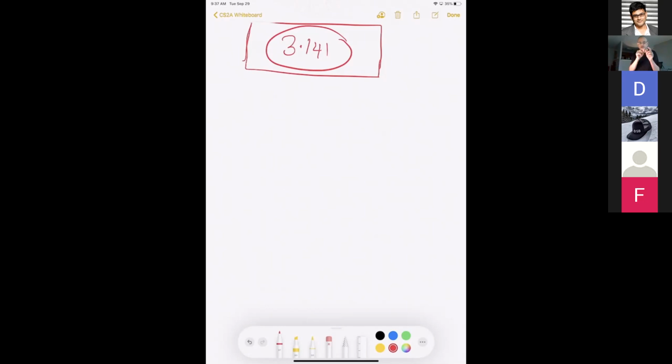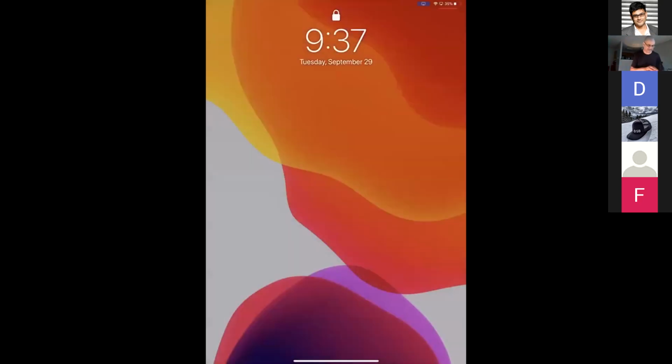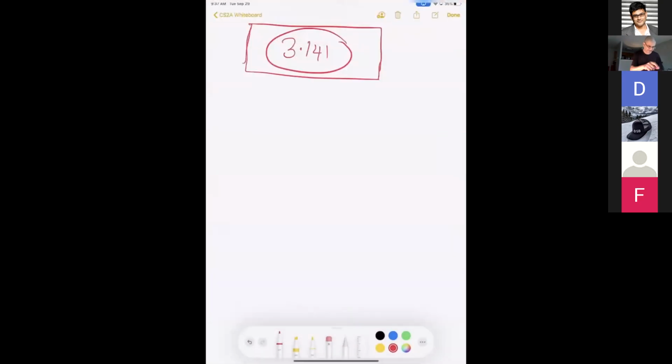Except in binary, it's not times 10 to the 5, it's actually times 2 to the 5, because you don't have 10 there, it's just 2. So in a floating point binary number, you have the mantissa and then the exponent. They're stored in binary, and then you multiply by 2 to the exponent. And multiplying by 2 has exactly the same effect in binary as it does in decimal. So if you think about it in decimal, when I multiply